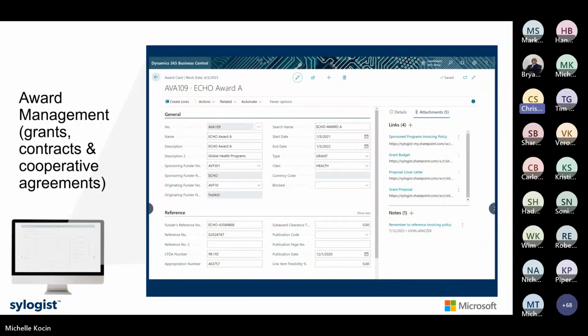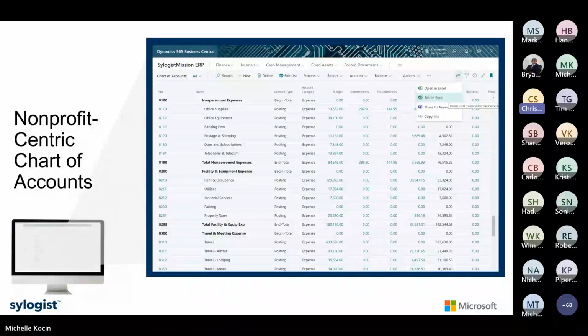Next slide. I think this is the next and final example: a nonprofit-centric chart of accounts. So we talked about encumbrances and commitments. In this example, you can see where that's exposed right against the